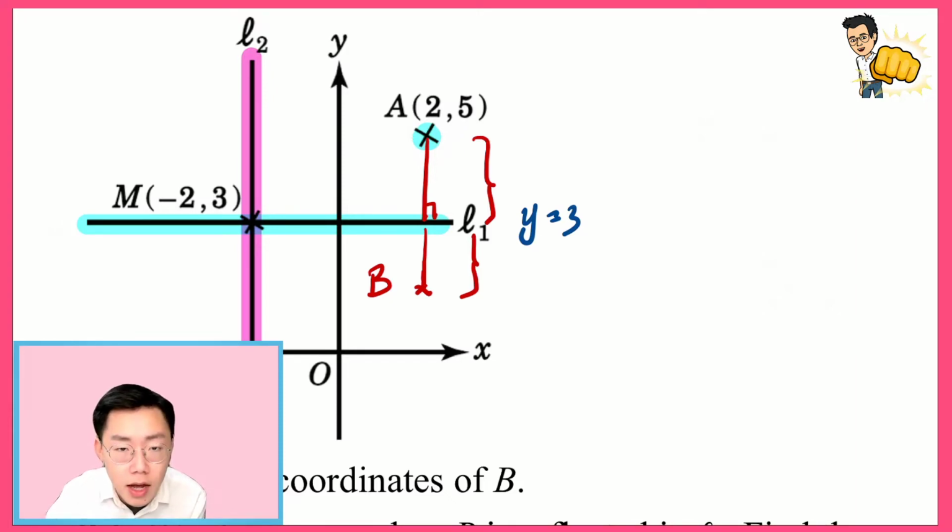That means any point on L1, the y coordinate of every point on L1 should equal 3. 即係話你依家任何一個點喺 L1 上面，佢哋嘅呢一個 y coordinate，永遠都係等於翻呢個3嚟嘅。永遠都要等於翻呢個3。